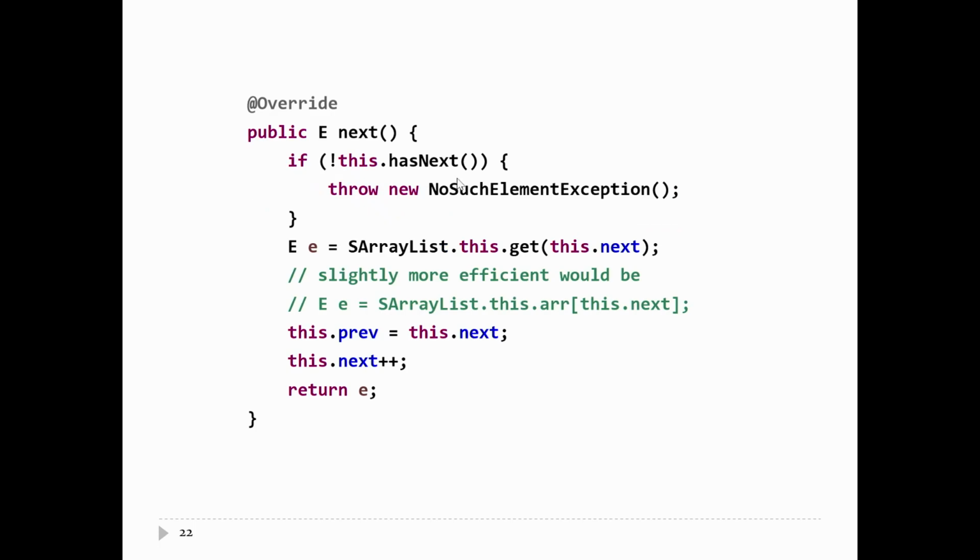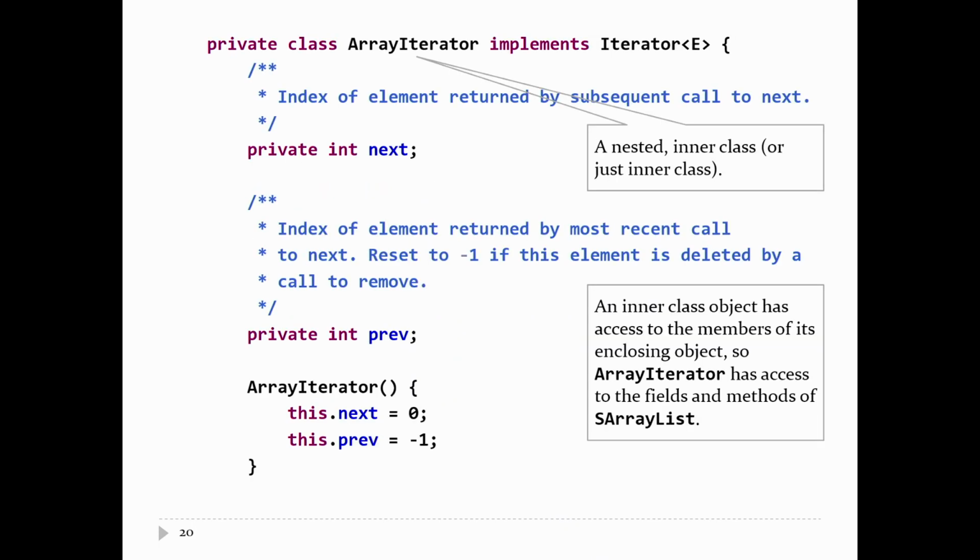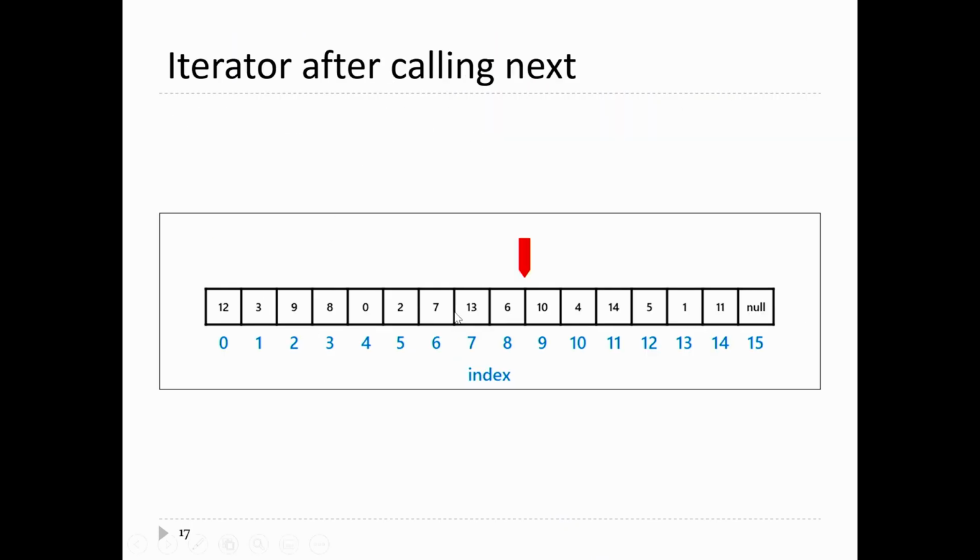So next should throw an exception if there is no next element. How do I know if there's no next element? I just call hasNext. So if hasNext returns false, throw a NoSuchElementException. That's the standard exception that iterators throw if there are no more elements in the sequence. And now we need to